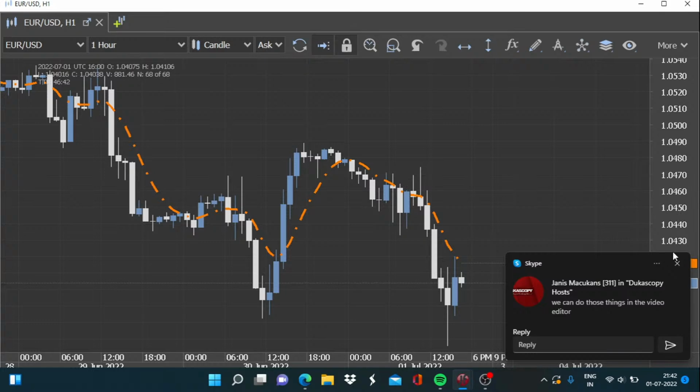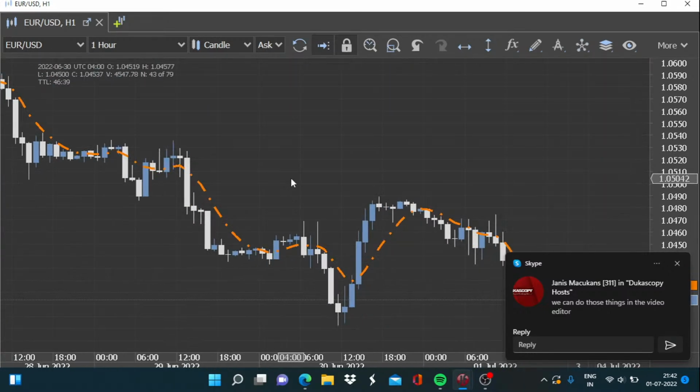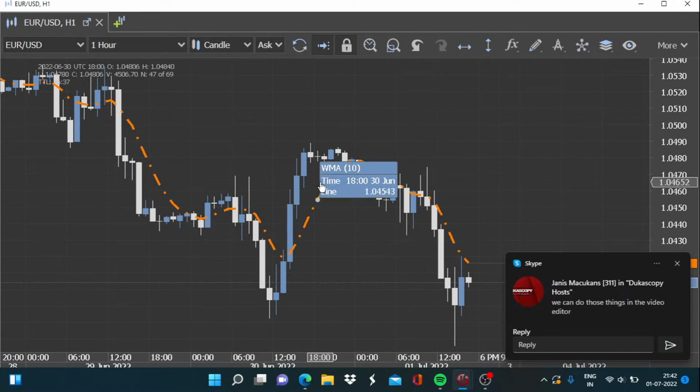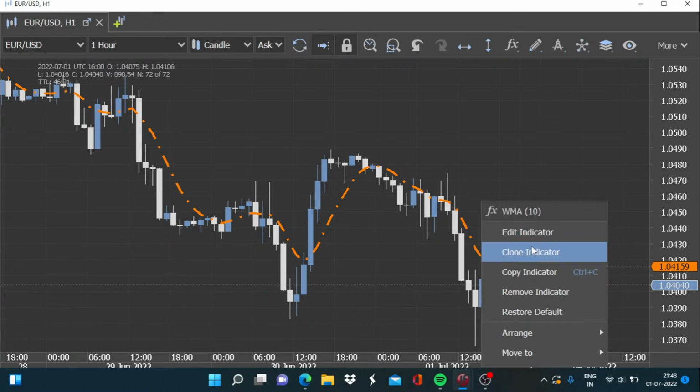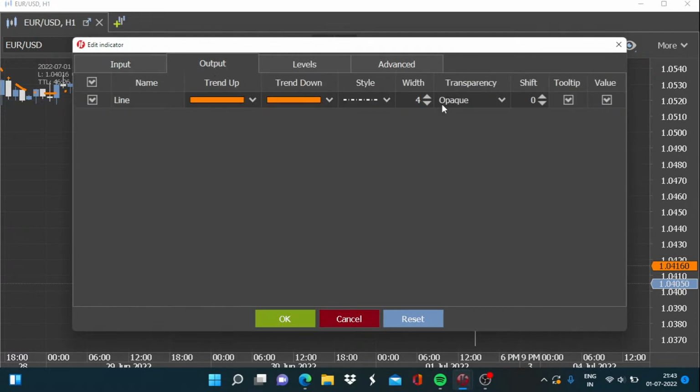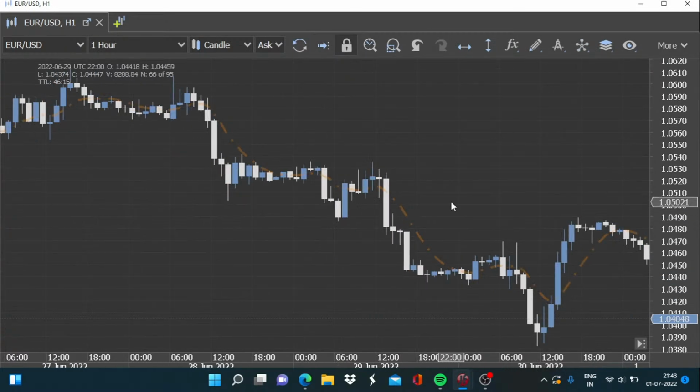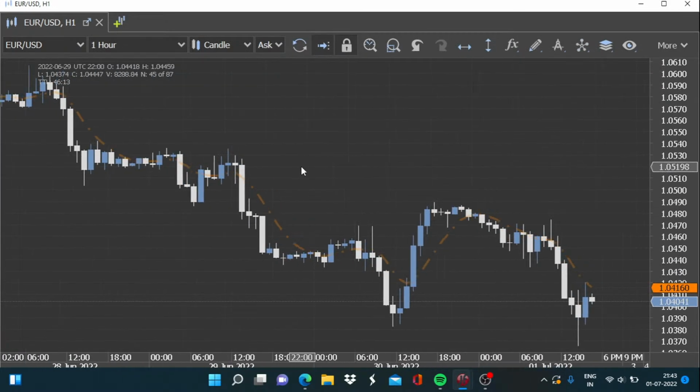Cool, cool. Now coming back to these WMA options, we can play around with these various options provided to us and see what we can find out to optimize the trade systems. Now let's see what we can do. So here we have this transparency option provided to us, and last time around also I had explained to you. If you are going with multiple WMAs or multiple moving averages in the same chart, then it is a lot easier on the eyes if we use lower transparency. Now if I add a couple of WMAs here,